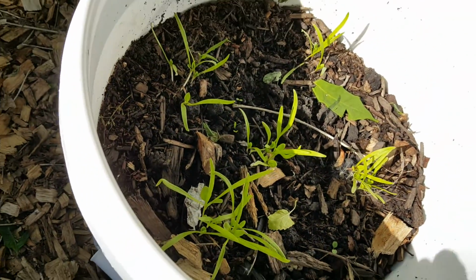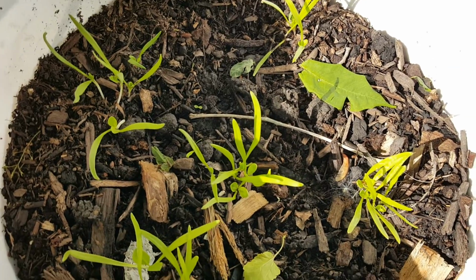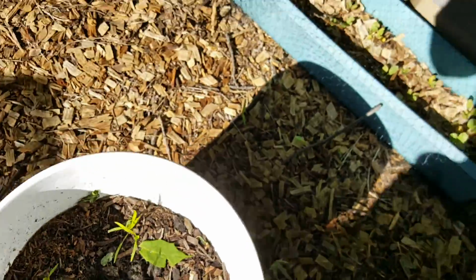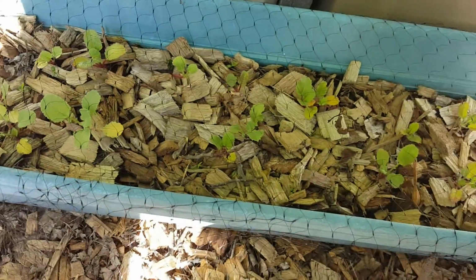But here's some more spinach. This is a giant 157 variety. Got some leaves growing. Got some radishes right here. And there's still that Back to Eden